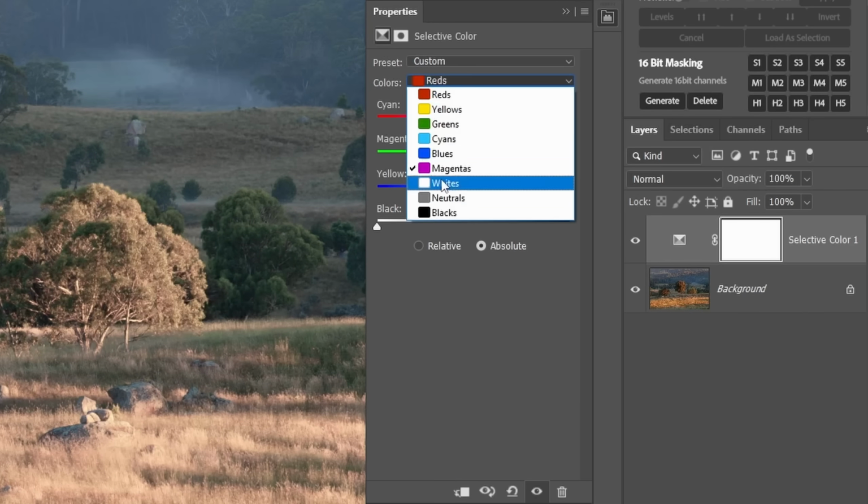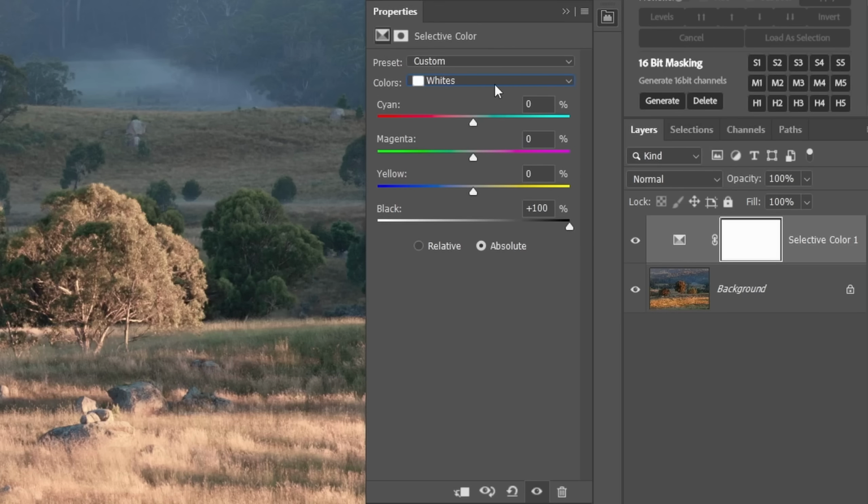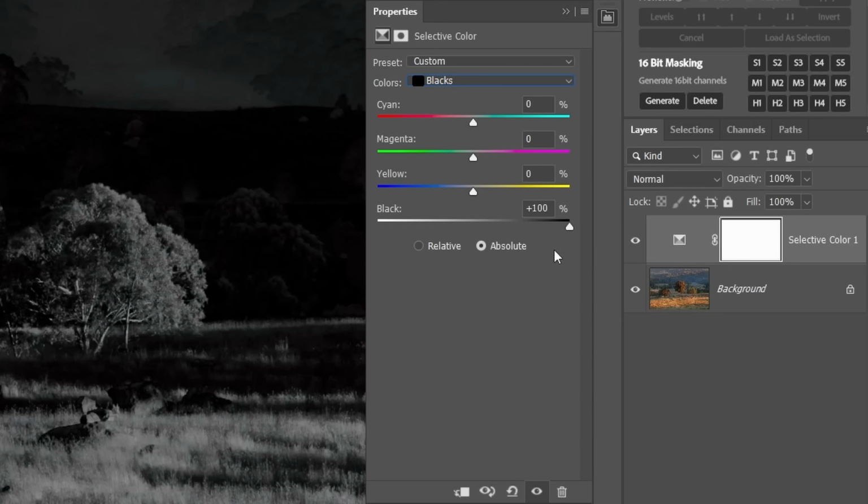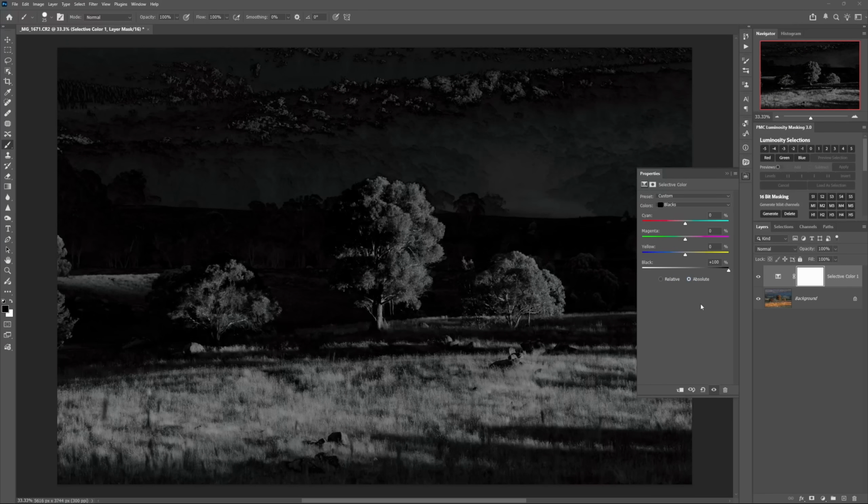And then the white slider, that goes to +100. The neutrals, +100, and finally the blacks, again +100. And then finally just make sure this toggle is set to absolute. And the result is this kind of weird looking black and white version of your photo, where the lighter areas in this black and white view are the more saturated areas of the original, and the darker areas are where